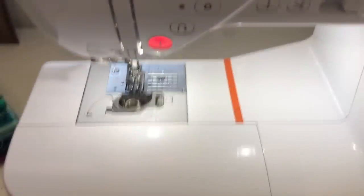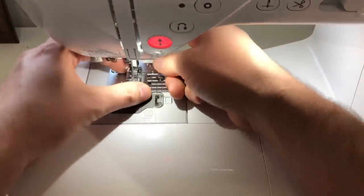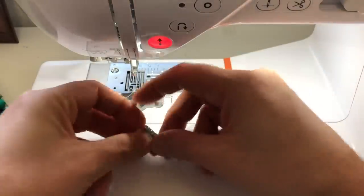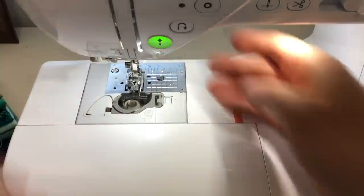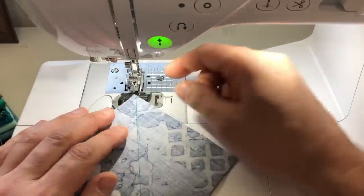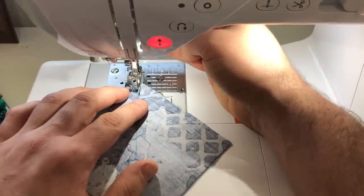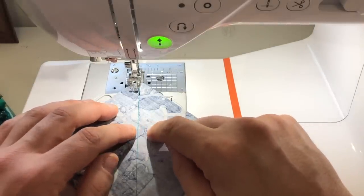So come with me. Okay, so for the first way, as you can see, I have my 1/4-inch foot. If you've never seen a 1/4-inch foot, just so you can see what it looks like, there's a little edge right here that the fabric will butt up against as you are sewing. Make sure everything's tight. And I'm using standard stitch length. And how I'm going to use this 1/4-inch foot for this is I'm going to use this bar right here as a guideline and follow that along the stitch line, because you are going to stitch 1/4-inch on this side